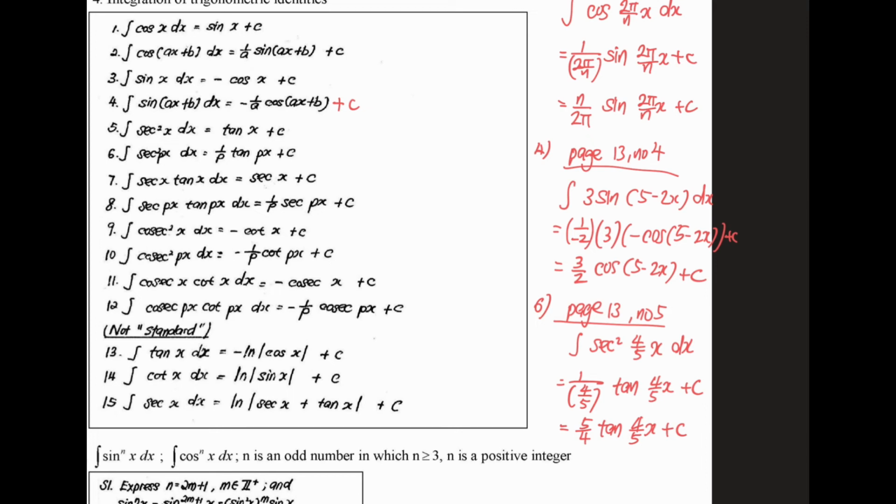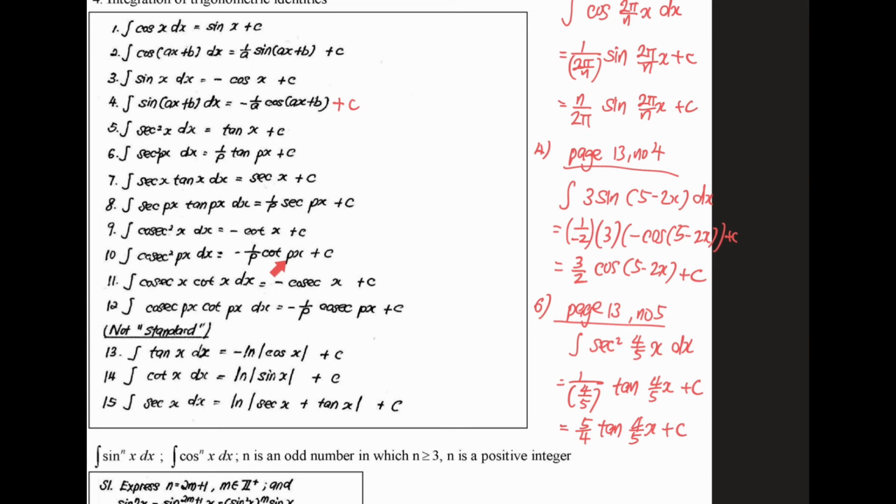Let's move on. Number 9. Integrate cosecant square x dx equals negative cotangent x plus c. Integrate cosecant square px dx equals negative 1/p. So again, the p comes from the differentiation of the angle px. Then you get p, you divide by p. Then we know integrating cosecant square, we end up with negative cotangent, and then take back the same angle px